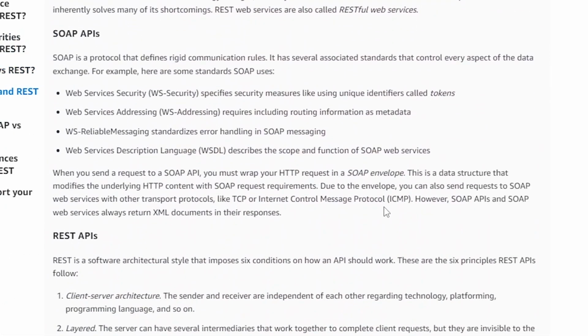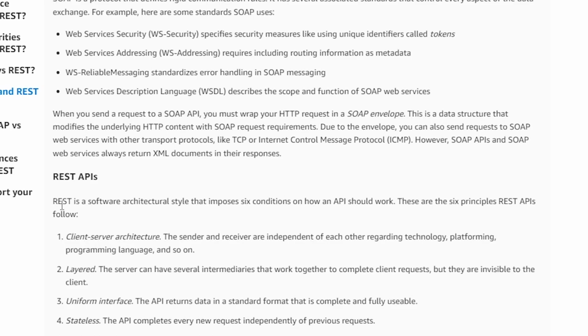REST APIs, on the other hand, are more generalizable and offer several different ways of exchanging data, and as a result, these ones tend to be more common in practice. Now, on screen right now, I'll actually show a really good article put together by AWS that explains the difference between these two services, and I'll link that down in the description below for you to read. However, for the rest of this video, the context and the type of API we will be referring to will be REST